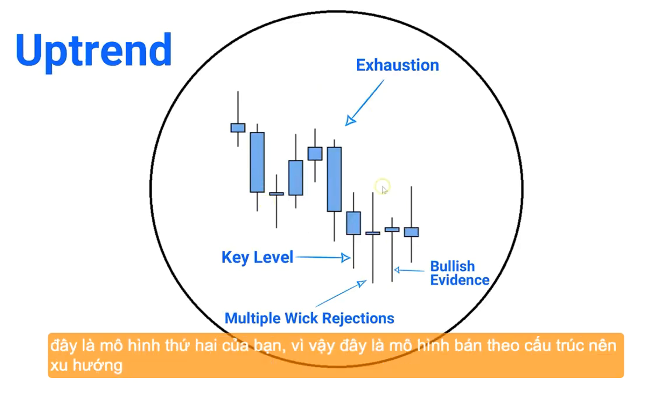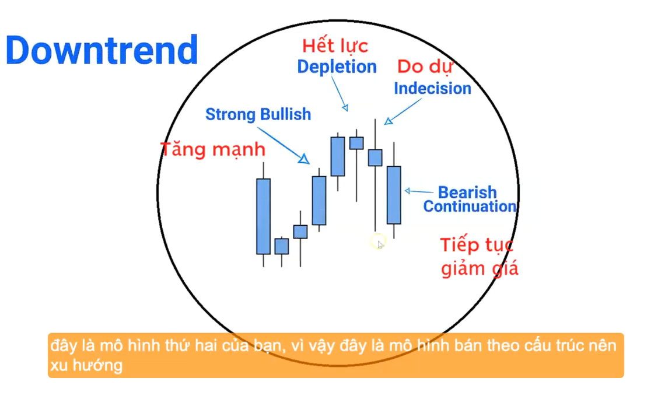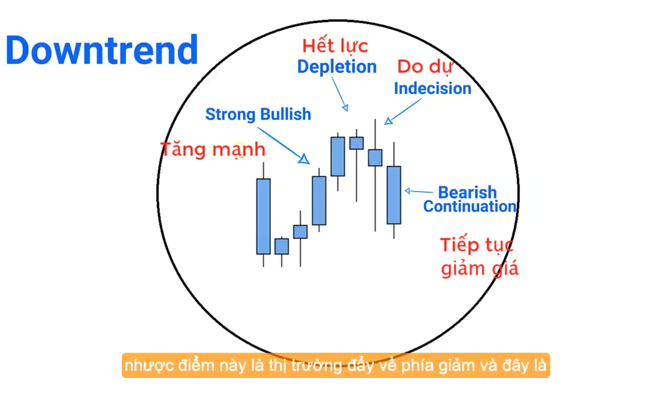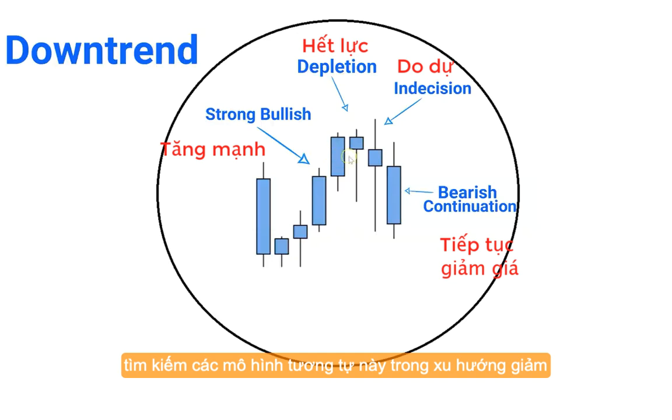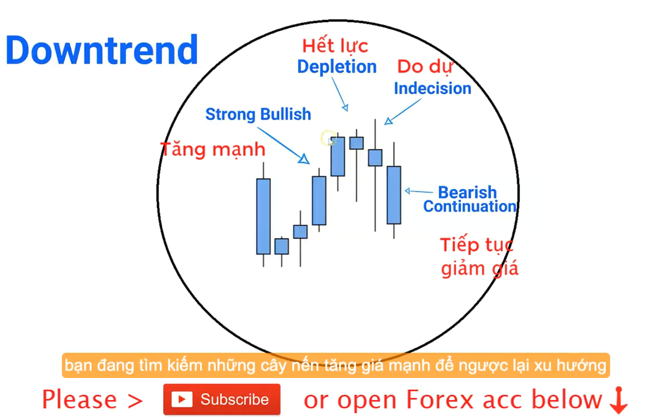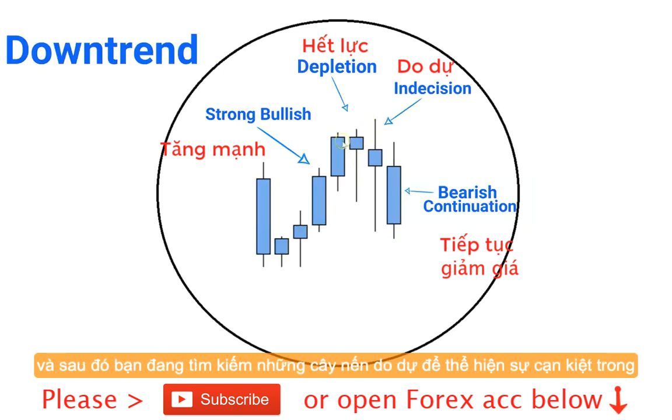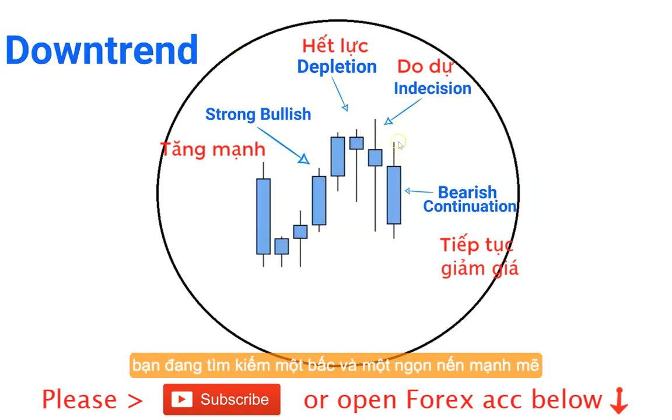So this is your second pattern. This is for a sell bias structure, so a trend to the downside. This is the market pushing to the downside, and this is the exhaustion phase. Again, similar to what you just saw in an uptrend, you're now looking for these similar patterns in a downtrend. You're looking for strong bullish candles to the upside against the trend, and then you're looking for indecision candles to show a depletion in this bullish pressure. This depletion is in line with the bearish structure,